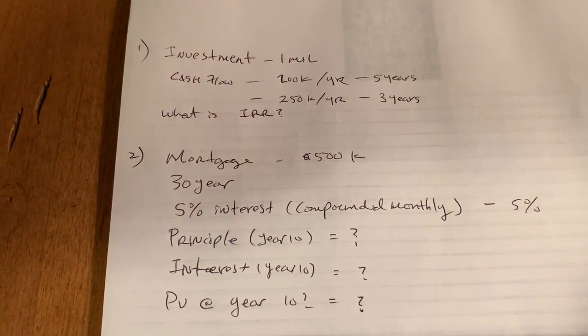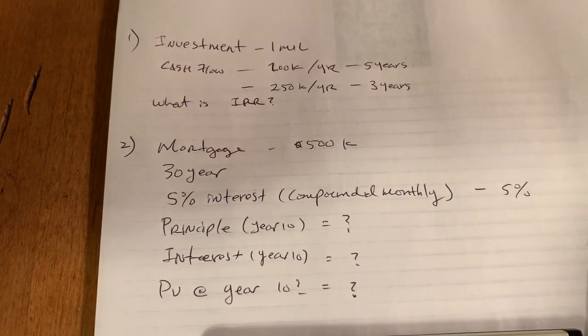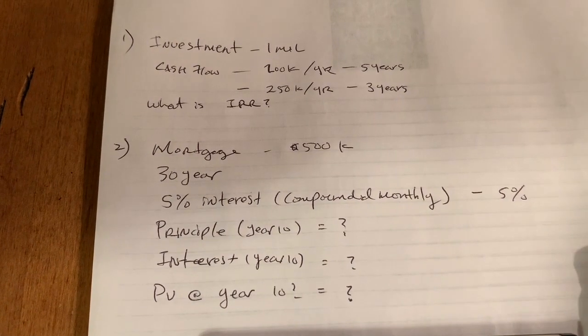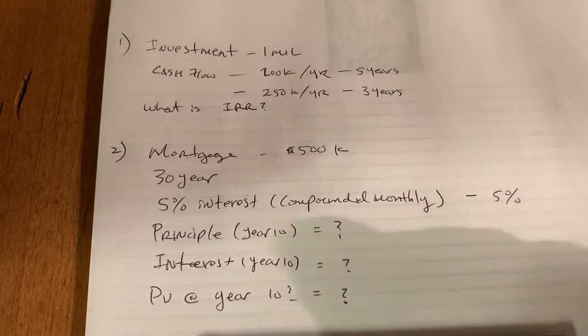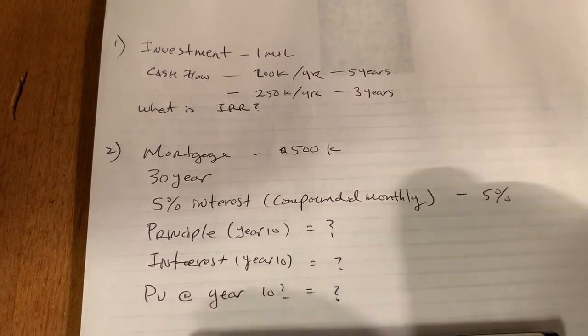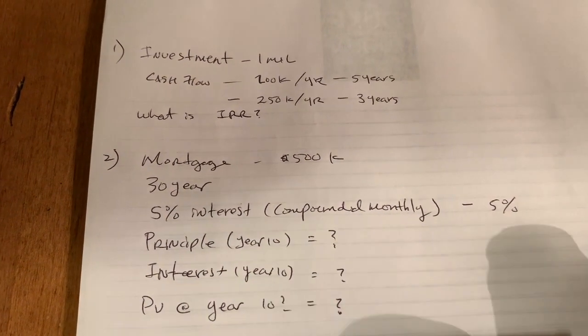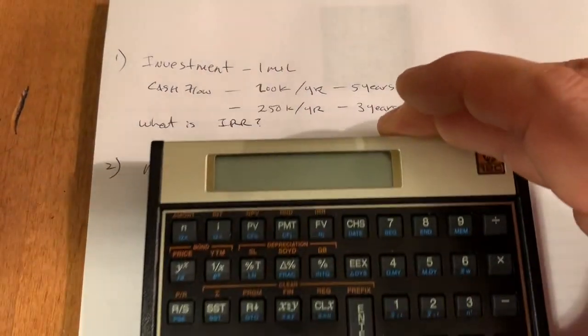The first problem says I'm going to make a $1 million investment. I'm going to get $200,000 a year for the next 5 years. Then I'm going to start getting $250,000 a year for the next 3 years. What is my internal rate of return? So let's solve that,